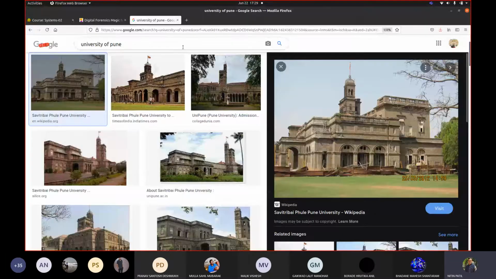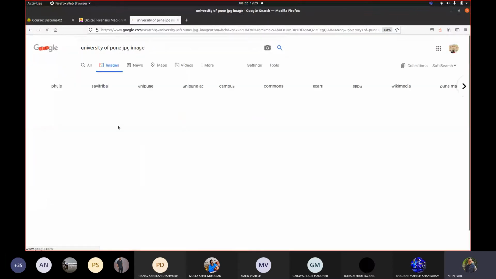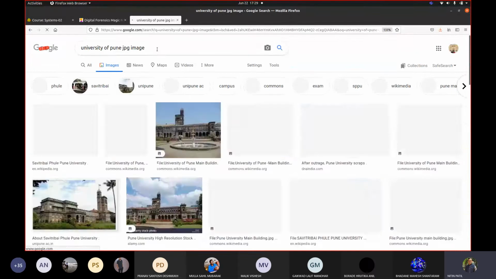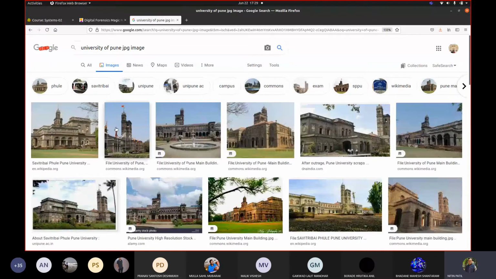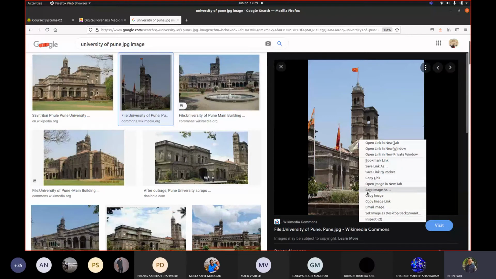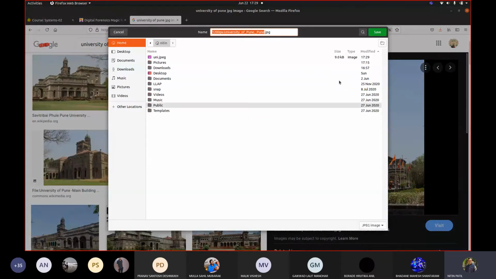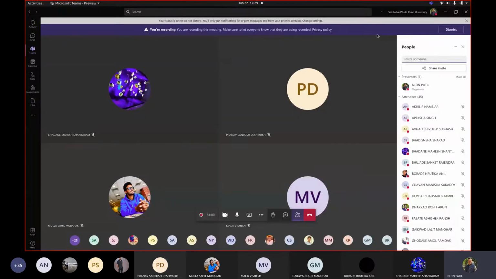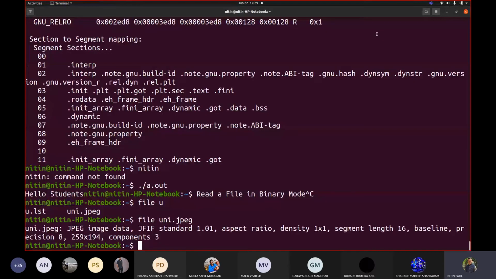So let us take a JPG image. Okay, let me take this. Hopefully this would be JPG. Again, save. So we have the JPG file now.